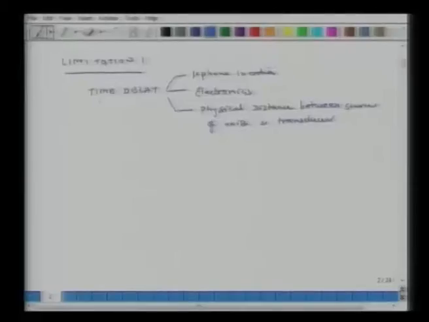So this cancellation will not be 100%, and that is what we are trying to sensitize you to, that there is a limitation. There will be some cancellation for some frequencies and wavelengths, but it will not be a broadband 100% cancellation. So let us say, because of this time delay, let us assume a fairly small value of time delay. Let us say this time delay is delta t equals a tenth of a millisecond.